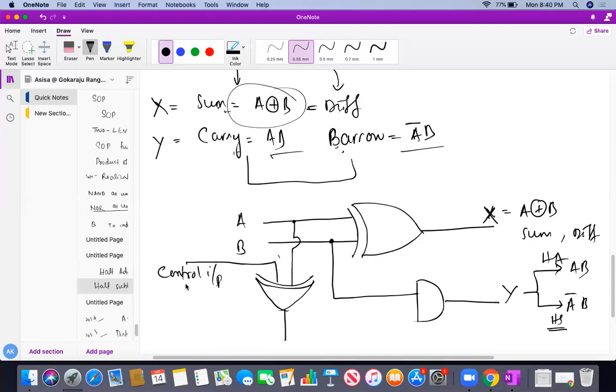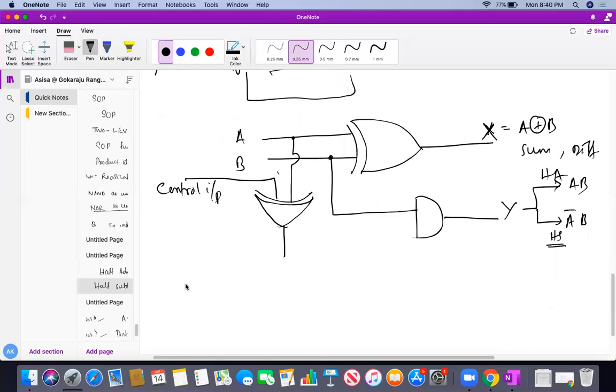Please try to understand, this is a very important concept I am telling students. The output of the XOR gate I have given to the AND gate. Do you all understand? Very simple. Either my control input will be 0 or it will be 1. Let's say my control input is 0. So what is this output I am going to find out? If the control input is 0, it obviously depends upon the other input A.